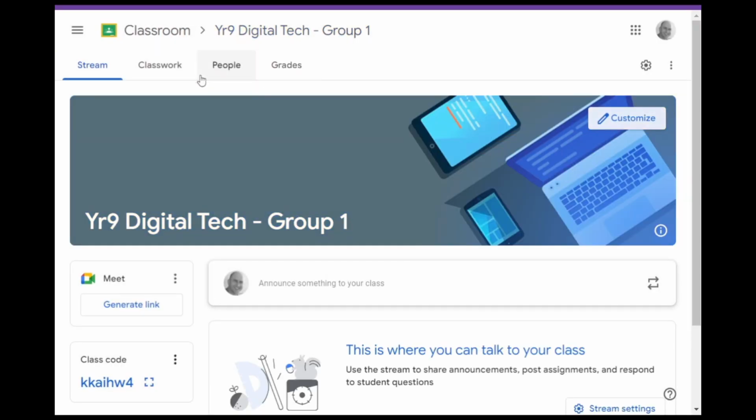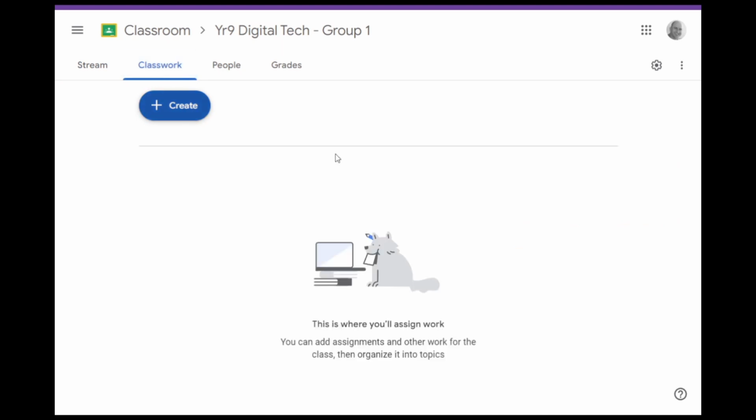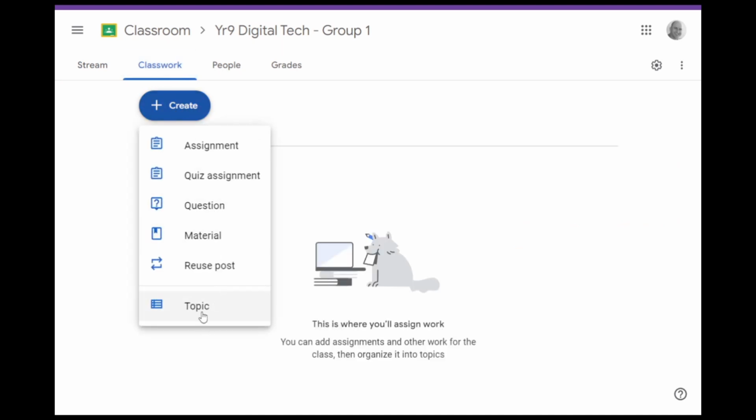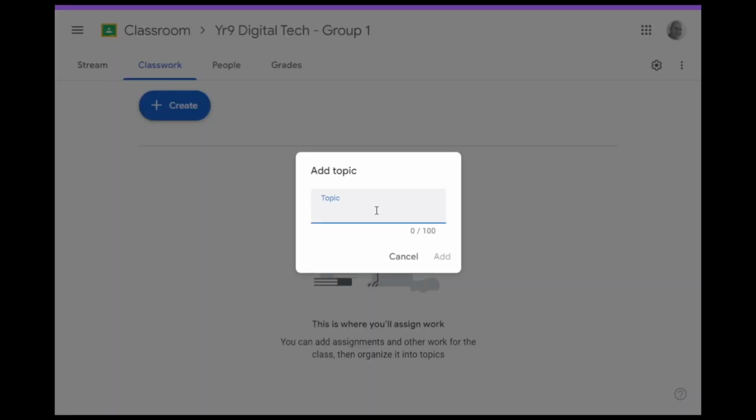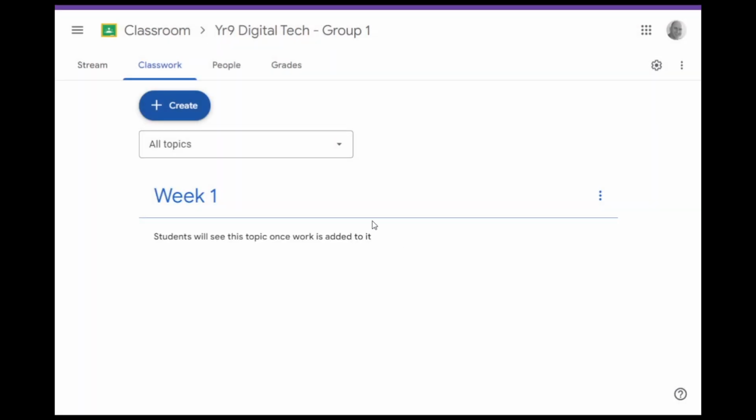So now that I've got my group, the way that I can structure out my program is through creating topics. So what I'm going to do is set up my program first using topics, and then I will replicate this class and then set my assignments under this topic. So the topic, we're going to use this topic to structure it on a weekly basis. So I'm simply going to say week 1 for this particular topic,